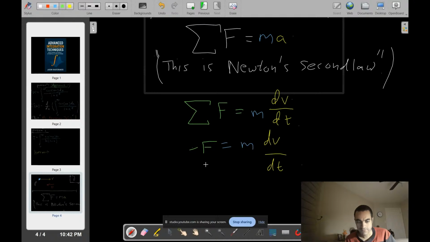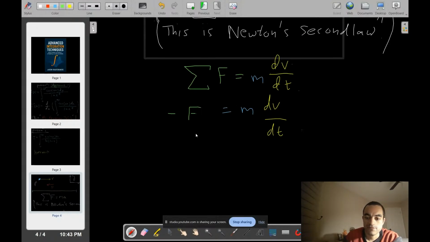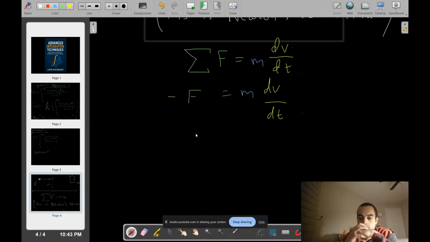Let me see here, v. Because then we get this. Now, yeah. So this force, I want to say here, that F, so we know what F is. This is negative F, okay? This is negative F because it's opposing the direction of motion of the velocity of the particle.